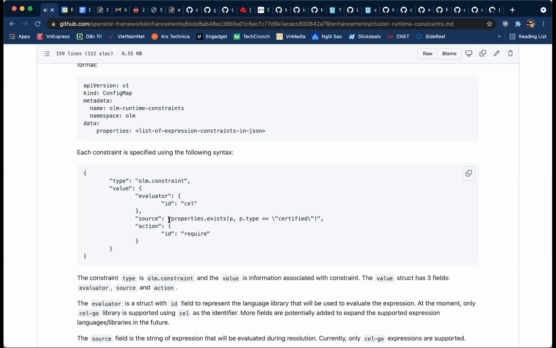When you create this config map, it is effectively a bundle to the resolver, a bundle that always must be in the resolved output. So all of its constraints need to apply. All of its properties are things that bundles can actively depend on. So that's where the runtime part comes in: at runtime, I can add this static set of properties and constraints